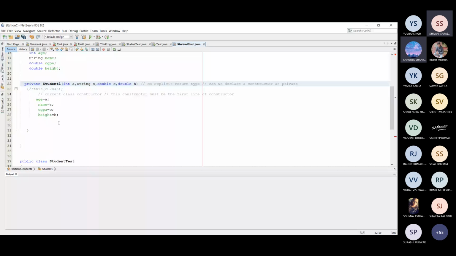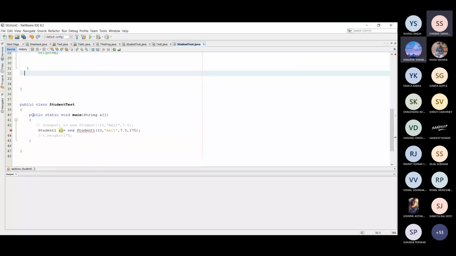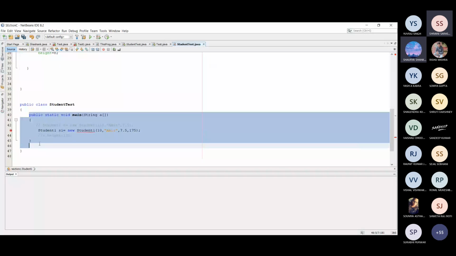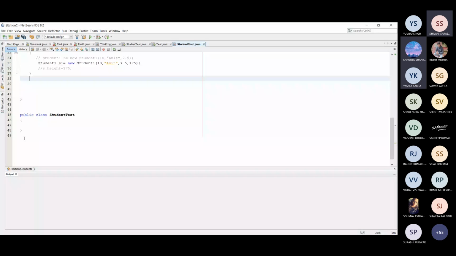But if I declare a constructor as private, because this is a private constructor, it means it can be called within the same class only.